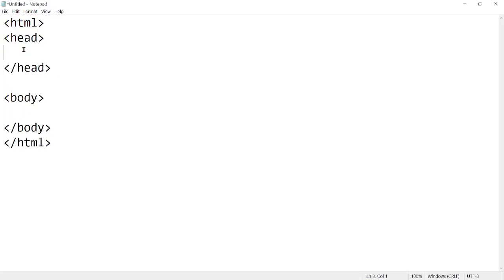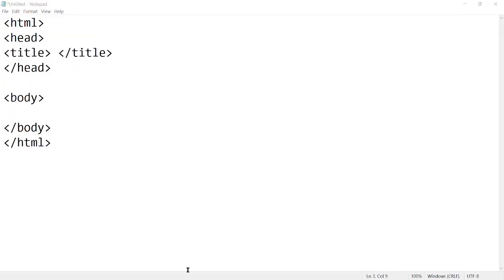So you just go over here and write the title tag, and you just close the title tag. Inside this you will write the title of your website, which you can see on the website. When you enter any website, you see the name of the title over here, like Untitled Notepad.